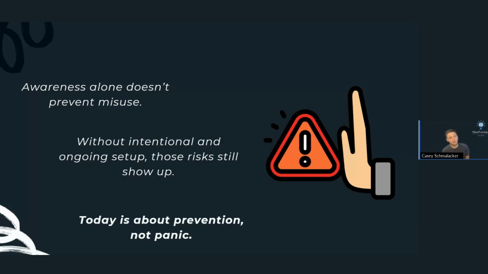One of the key points from the first part of this series was that using some of our metacognition and self-monitoring, we need to iterate in using AI, always staying on guard of, is this serving me? Is this helping me? Is this moving me forward, or are there some risks here? So today is really about that prevention, not causing panic about these settings.